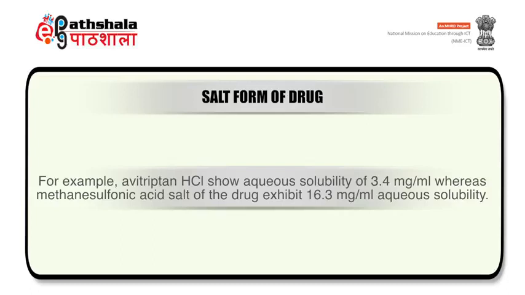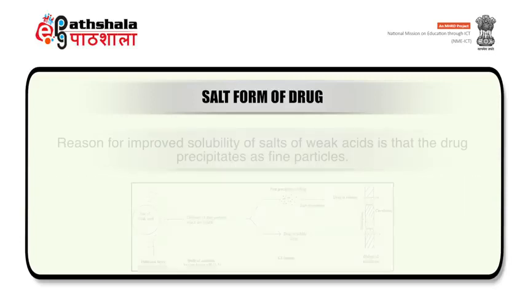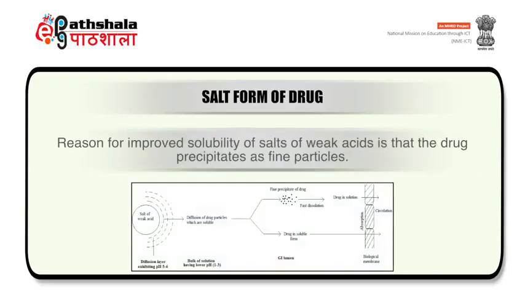Hydrochloride shows aqueous solubility of 3.4 mg per ml, whereas the methane sulfonic acid salt of the drug exhibits 16.3 mg per ml solubility. Moreover, when it is prepared as succinic acid salt, it showed a solubility of 16.1 mg per ml. The reason for improved solubility of salts of weak acid is that the drug